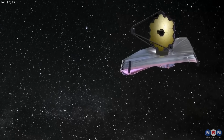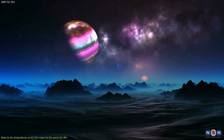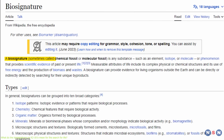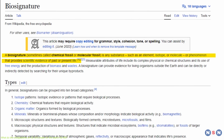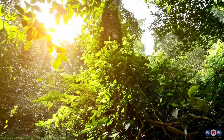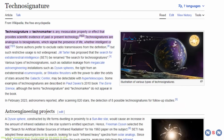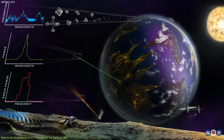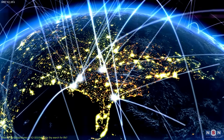One of James Webb's main goals is to study exoplanets and their atmospheres and look for signs of life on them. These signs are called biosignatures and technosignatures. Biosignatures are molecules or features that indicate the presence or activity of living organisms on a planet. For example, oxygen is a biosignature on Earth because it is produced by plants and algae through photosynthesis. Technosignatures, on the other hand, are signals or artifacts that indicate the presence or activity of intelligent civilizations on a planet. For example, radio waves are a technological signature on Earth because they are produced by humans through communication and